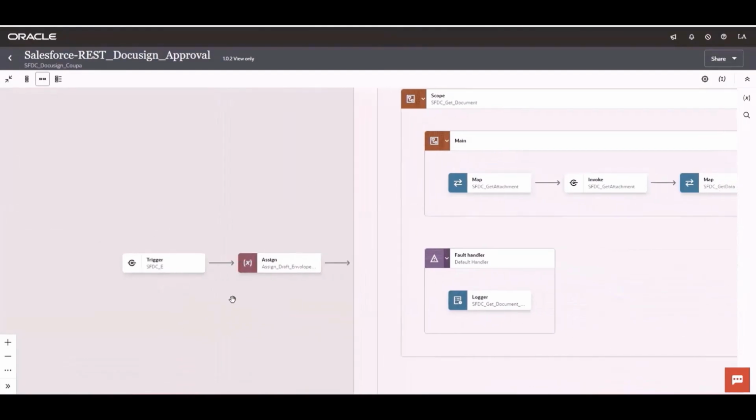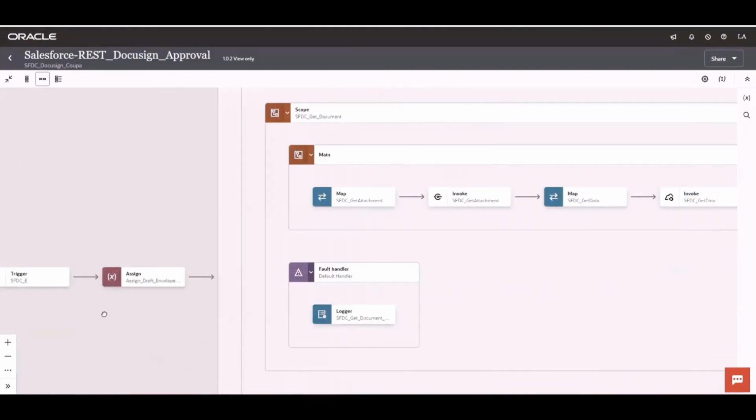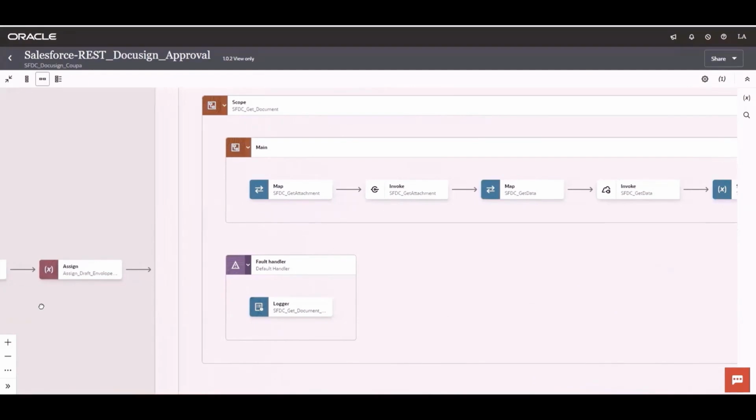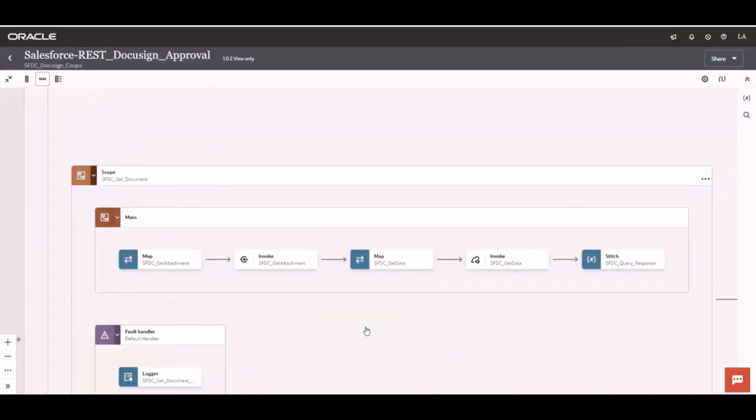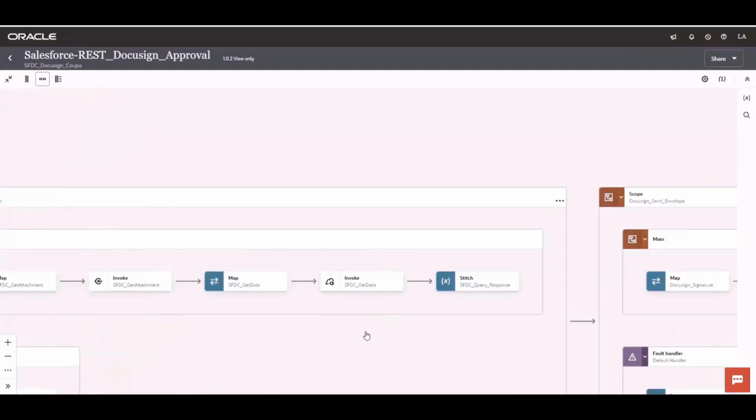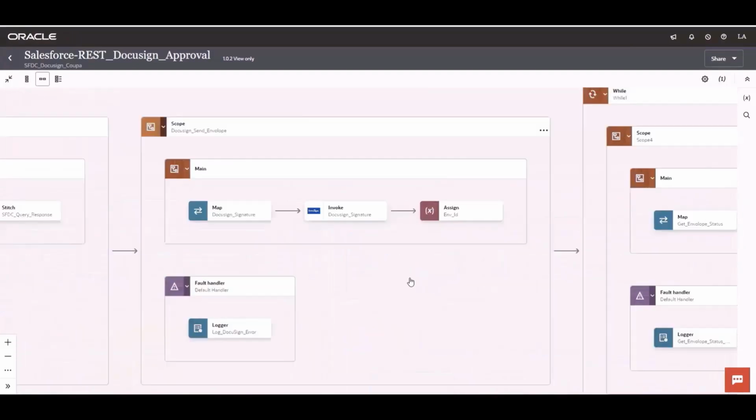So this is a Salesforce trigger. Right after Salesforce receives the event that the contract has been created, it reaches to OIC. In the trigger message, it has only limited information. With that limited information, it goes and gets the attachment and it needs to process the attachment to the DocuSign